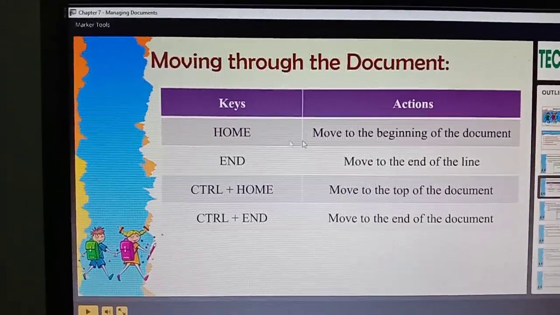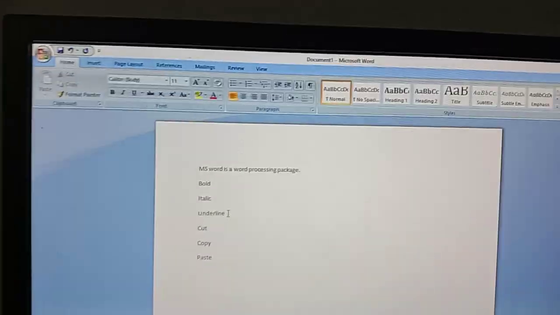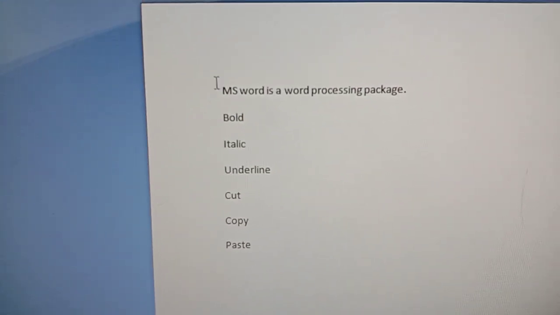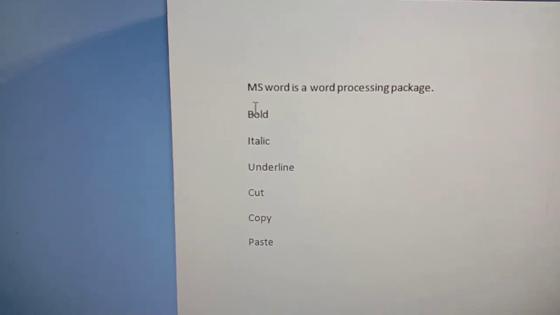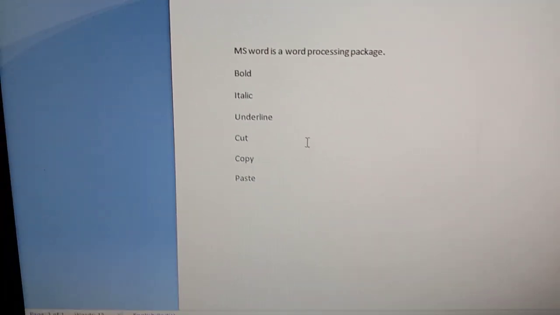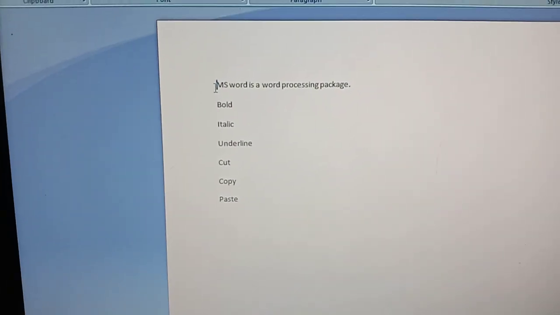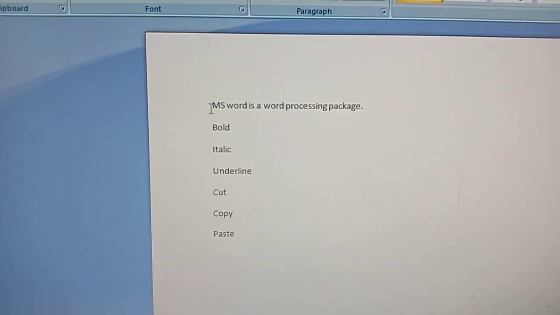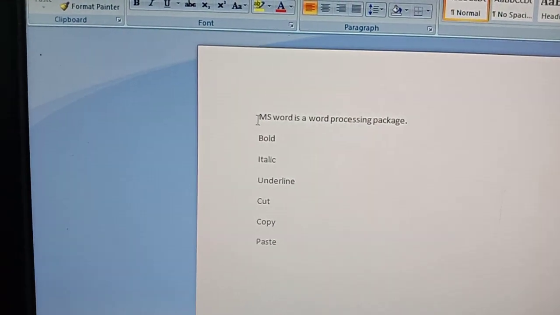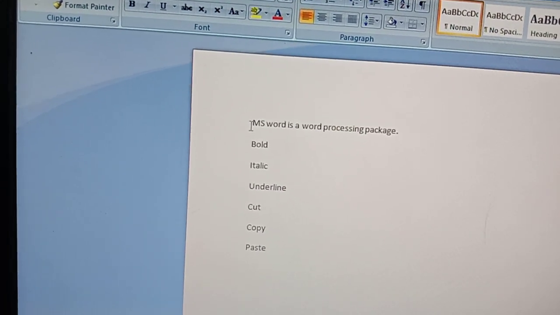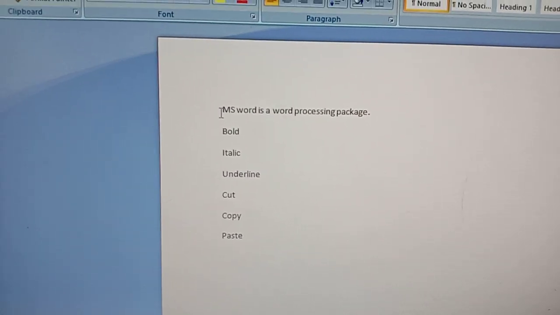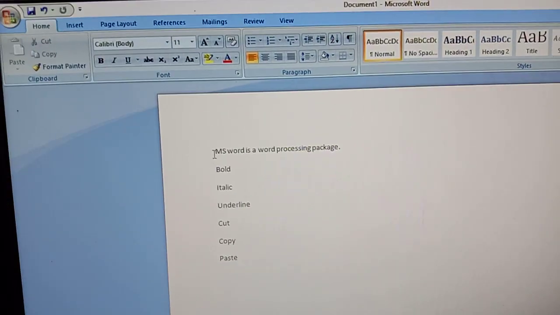See here, I have given a few points here. MS Word is a word processing package. Next is bold, italic, underline, cut, copy, paste I have given. See here, currently my cursor is here. If I press Ctrl plus End, you just see what is happening here. It is moving to the end of the document.